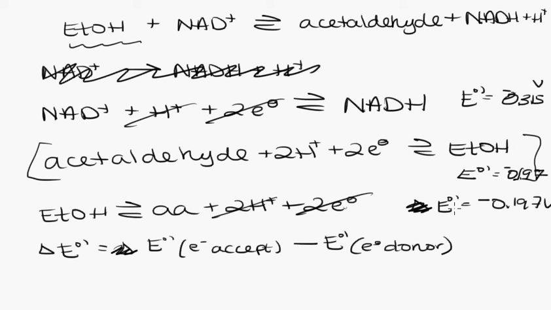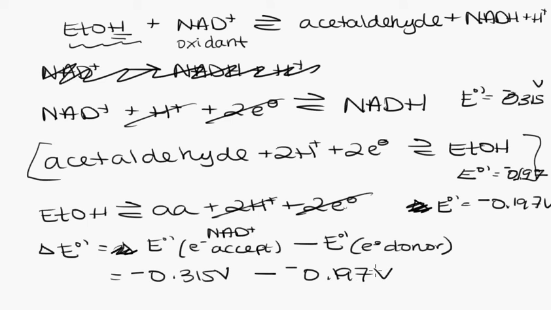So looking at the overall equation, we know that NAD plus starts off as the oxidant. So this is going to accept the electrons. So we need the NAD plus half reaction right here. Okay, so that's negative 0.315 volts. And then the electron donor would be the ethanol. And that makes sense because it's got an H, this one doesn't, minus negative 0.197 volts. Okay, so this ends up adding, and you end up with a value of negative 0.118